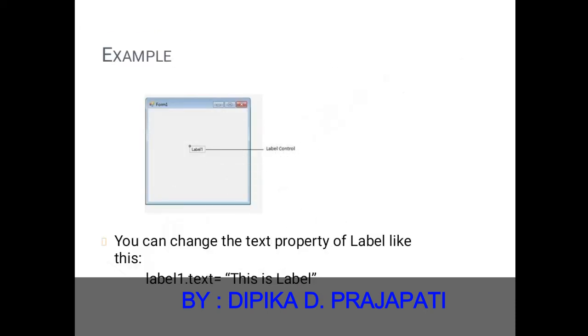This is the example of our label. Whenever you open Visual Studio, you have to open a file, then click on New Project, then select the language Visual Basic, and then go to Windows Forms Application. Whenever you see Windows Forms Application, a toolbox is shown at the left hand side, and you drag and drop a label from the toolbox. So this is our label, and the label code is Label1.Text is equal to "This is a label".